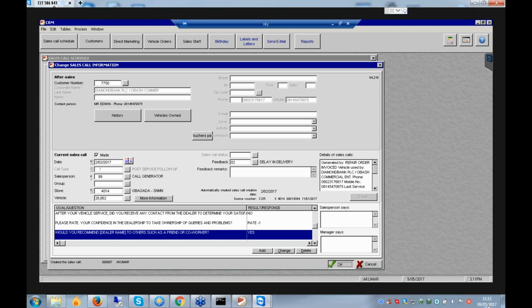If the customer is dissatisfied, a complaint will be generated. On what parameters? Then we will discuss. That complaint issue we will discuss separately, in another meeting or training. So only this is the procedure.